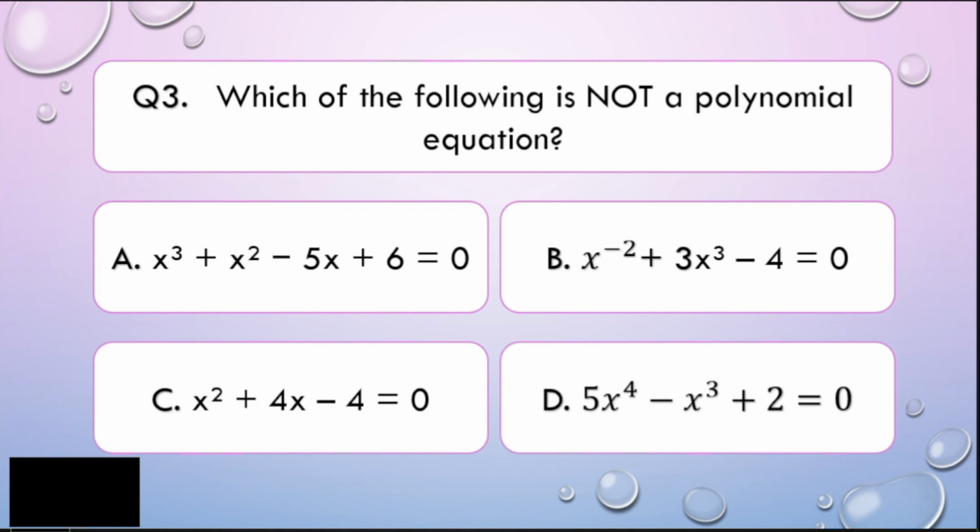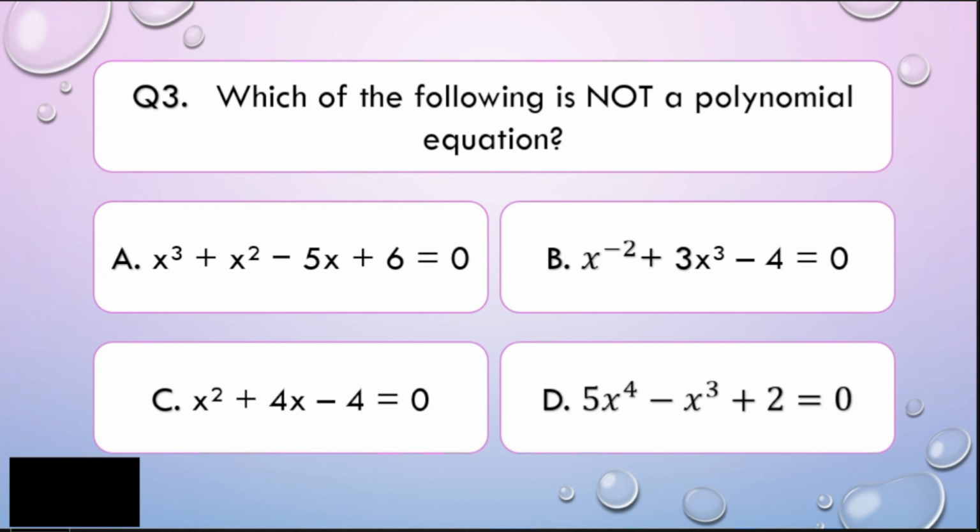Alright, my dear math learners, the thing you need to consider in identifying a certain equation that is not a polynomial is that if a given equation has the following scenarios, it will not satisfy a polynomial function. So what are those? First one is if you have a negative exponent.